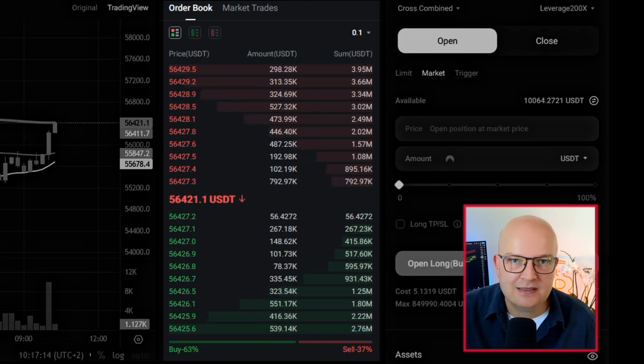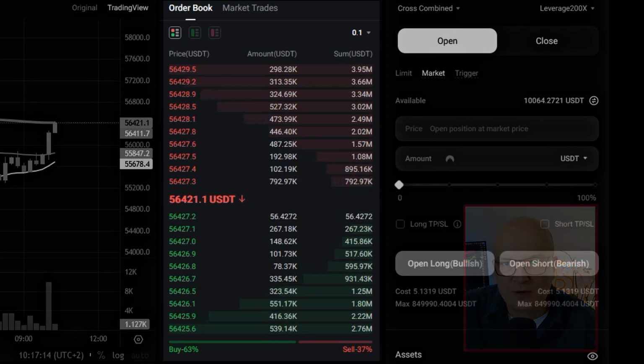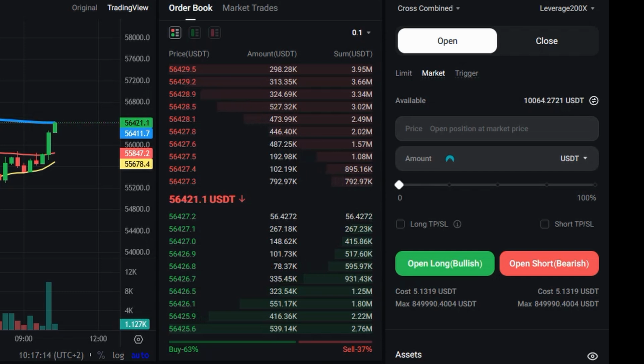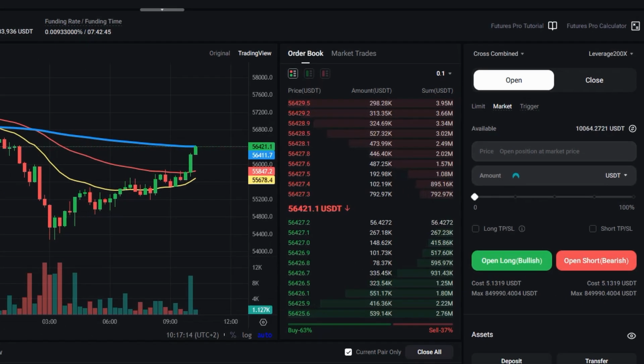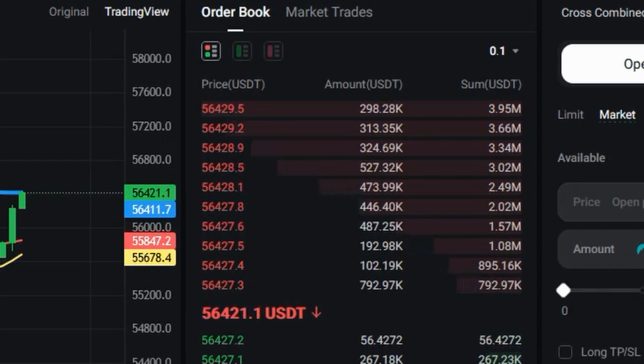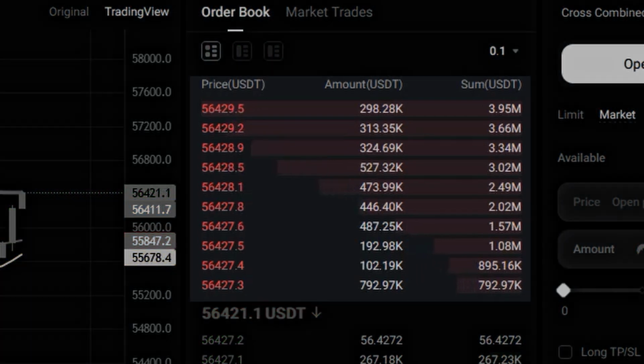The price of $56,427.3 would then also be the last price you would see on the chart, because it is the last price an order was executed for. See how at this moment this is currently the case for the last executed price, which was at $56,421.1. On the right side of the order book, you can also see how much money in total US dollars you would currently need to, for example, buy up all the sell orders